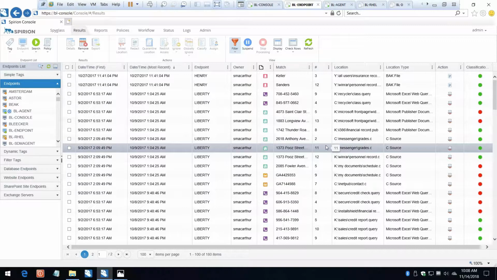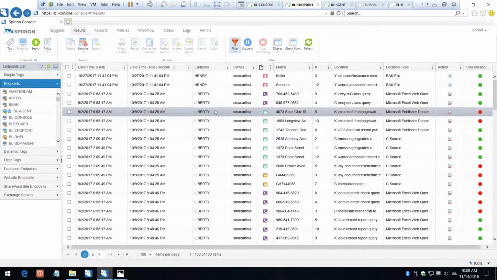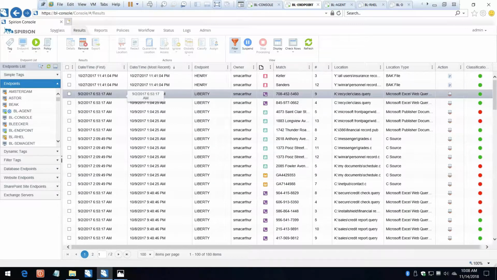So one example of the output is what we see here. Within Spirion, it's a web accessible environment that has various tabs across the top here. And what we're looking at here is a view of results. From this results pane, you can gain insight into the various properties of the data that have been identified. So when you see data within this view, you're actually seeing sensitive data, the data that has been identified as the sensitive data that's applicable to the types of search you had implied.